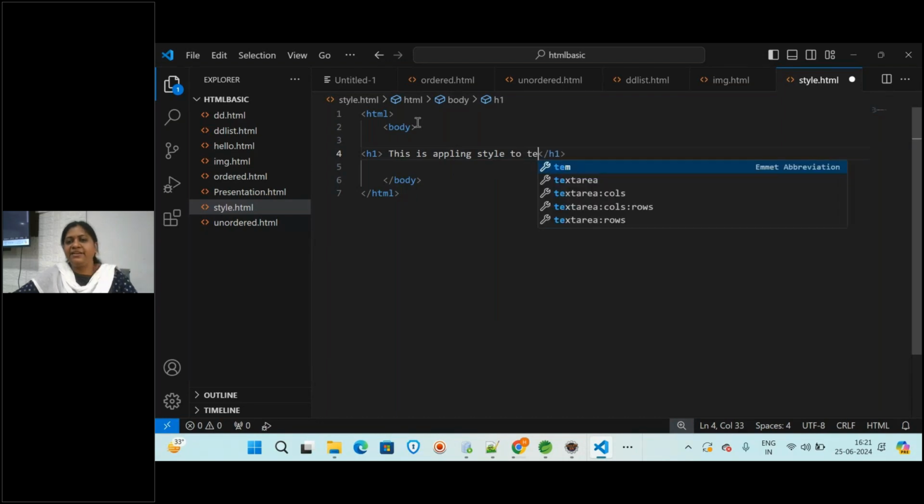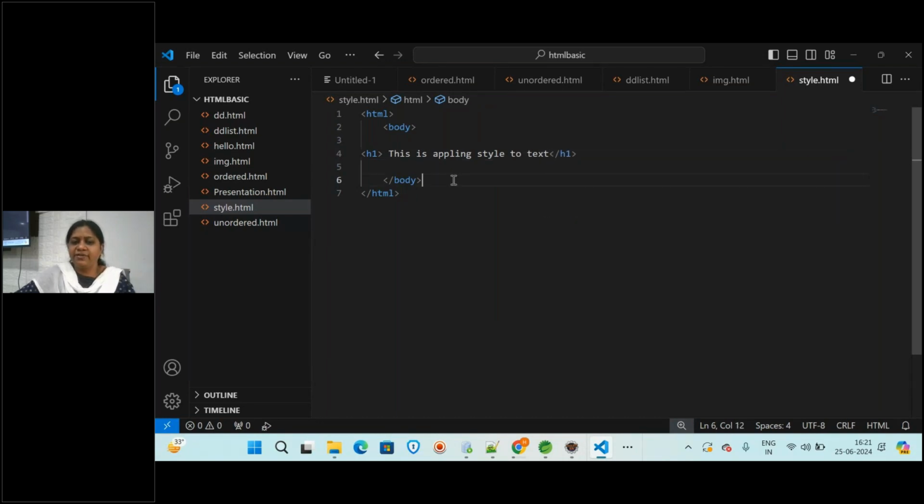So you can apply different colors. So here for the h1 you can use the style attribute. In this style attribute again you can specify the color or whatever you want. And you can also give the border to the text. Suppose you want the text to be displayed with some border, that also you can give. For that you will be using the border attribute.